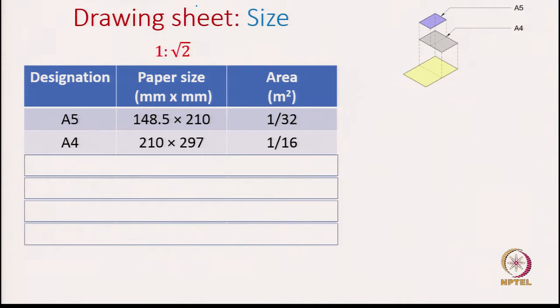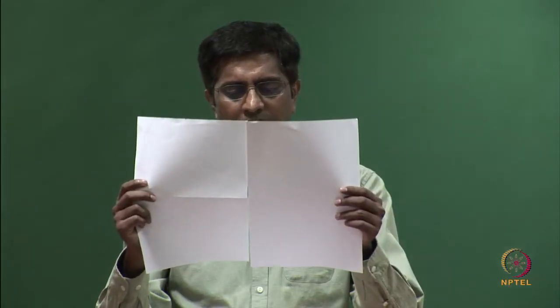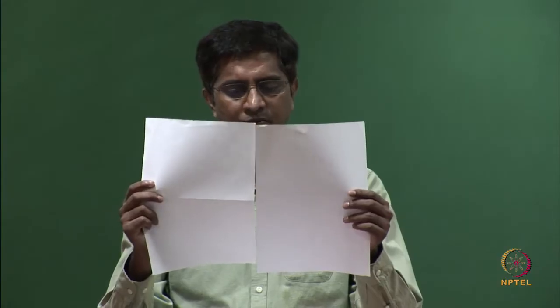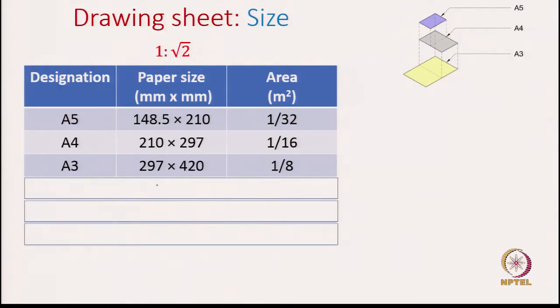Usually in drawing we use sheet sizes which are larger than A4. So, let us look at what is the next larger than A4. As you can guess, it is A3. In A3 we are essentially taking two A4 sheets and joining them along the longer edge. Since you are taking two A4 sheets, the area is twice, and you will see that the dimension of 297 is common, and the longer length is 420 now, twice the 210 width in A4, and again the area keeps doubling.